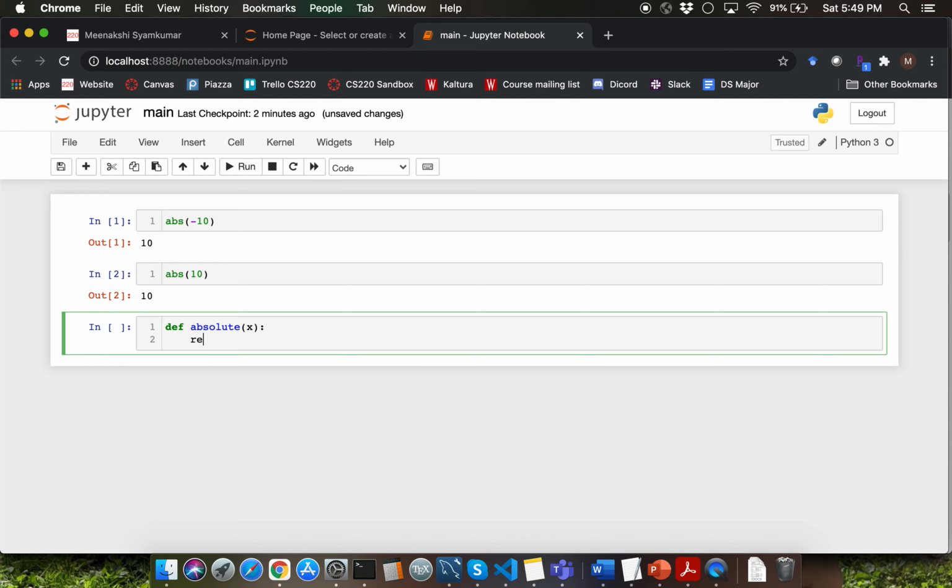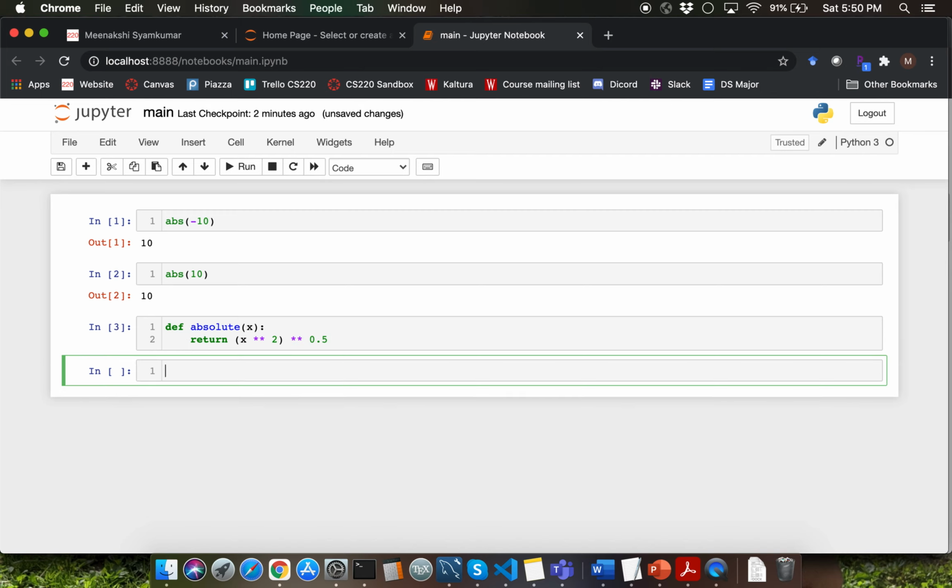So let's try to compute absolute of a number. We have a very easy mathematical way of doing that, correct? You can square a number and take a square root of it. So I'm going to say x to the power 2 and then that to the power 0.5. So I can run the definition for this function by pressing shift and enter, then I'll be able to invoke or call the